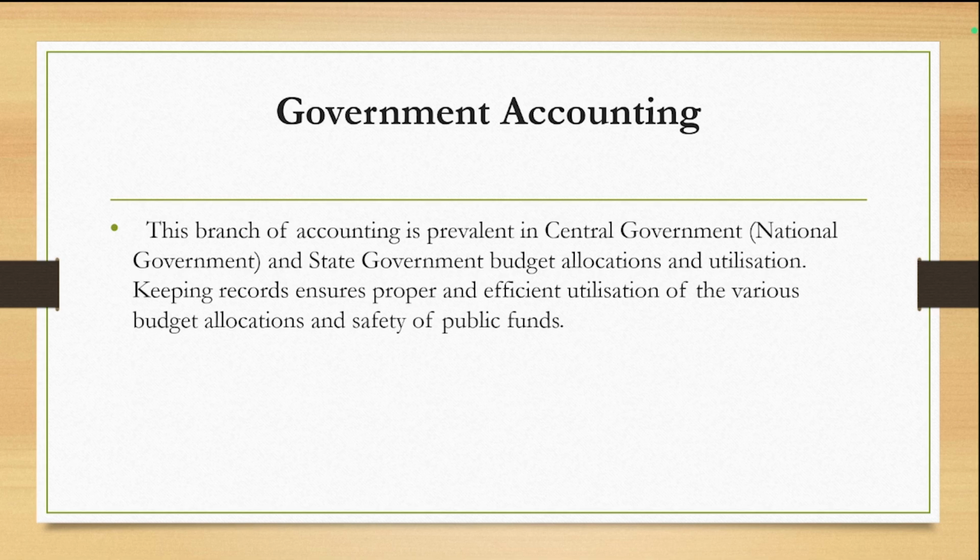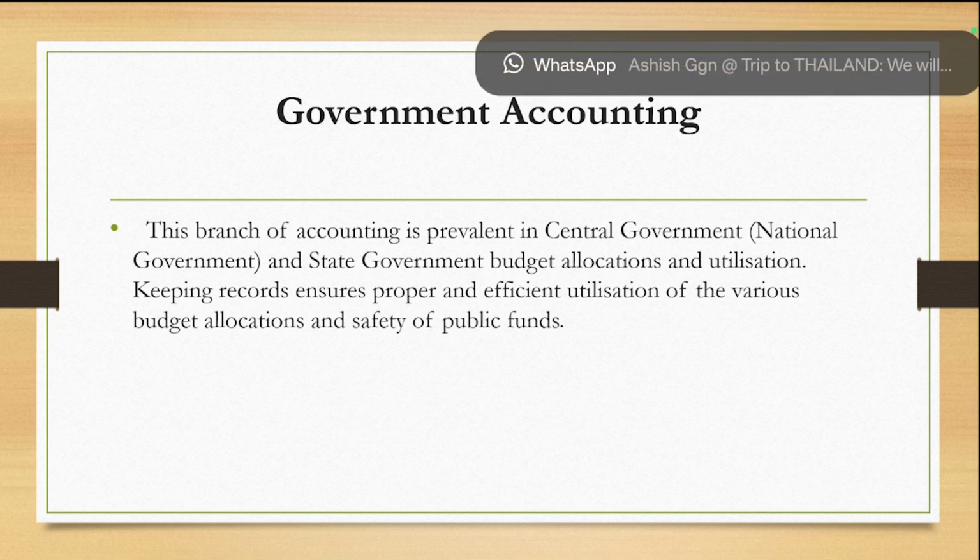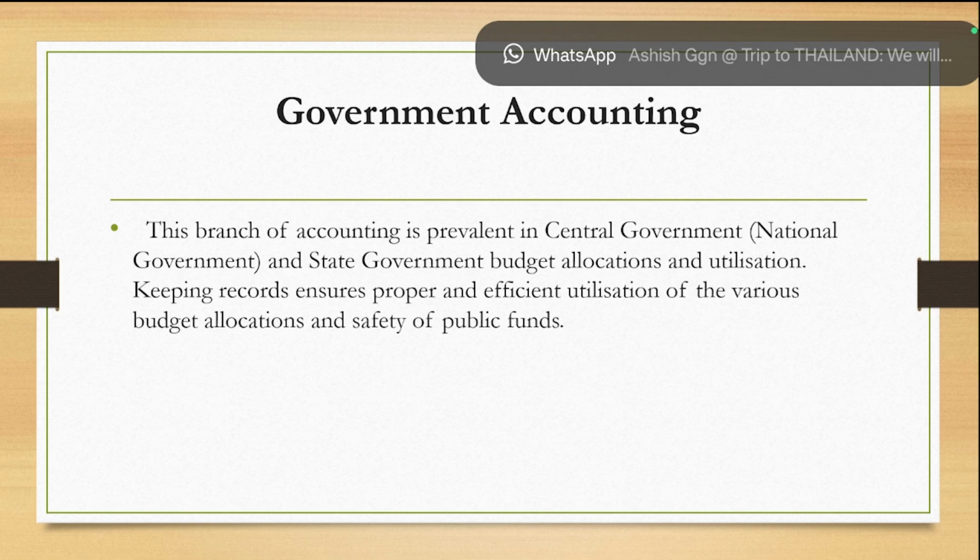Tax authorities also want to know about the accounting information. Tax authorities include the income tax authorities, goods and service tax authorities, customs duty authorities, and corporate tax authorities. These authorities require the accounting information to assess the tax liability of a business, to audit the records, and to impose a penalty if any default is there.